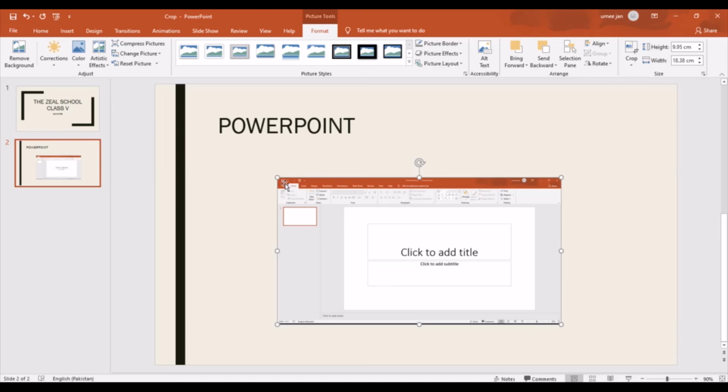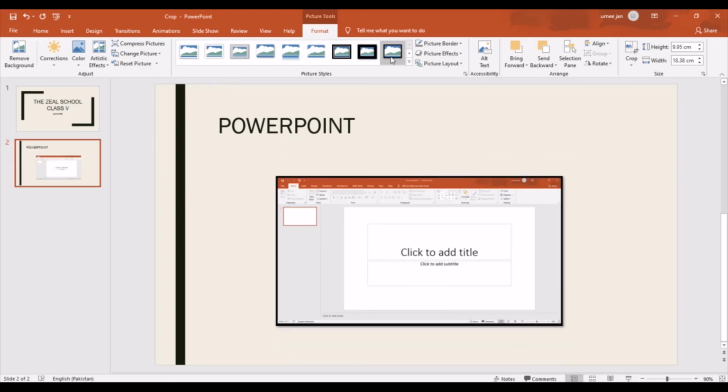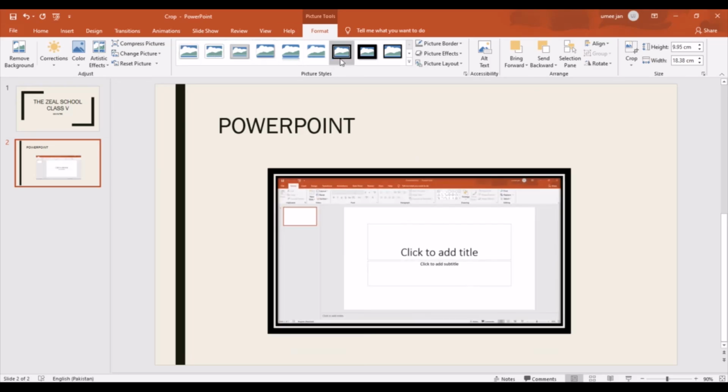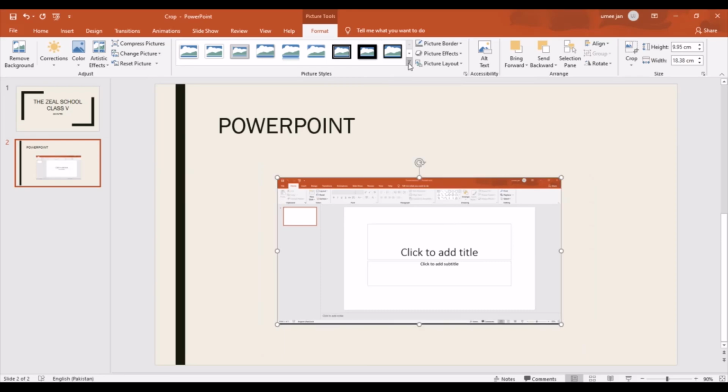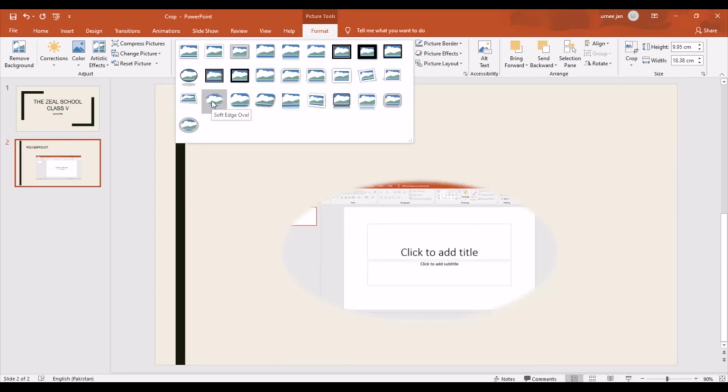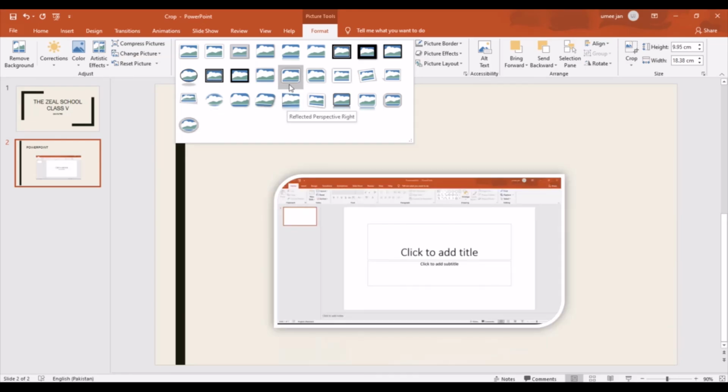Now I can adjust my picture by clicking on the style of the pictures, the format of the pictures, the picture tool. In picture tool we have format, and we can format our picture how we want. These are the different ways we can format the picture.